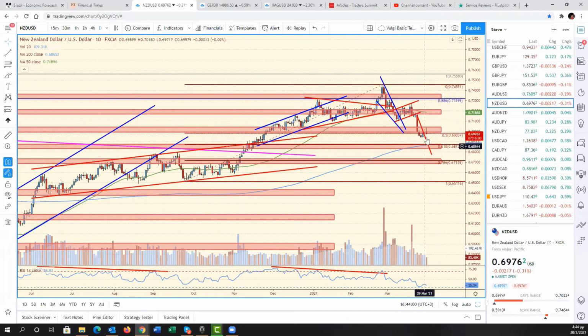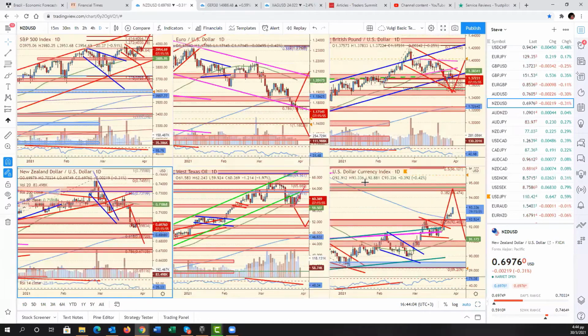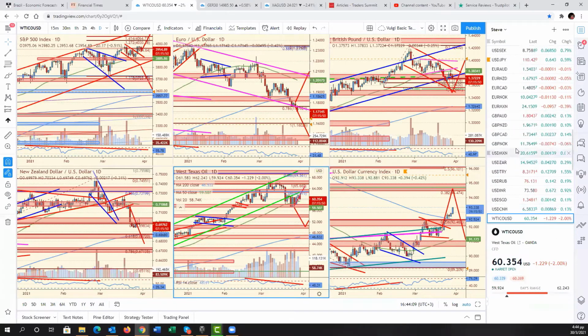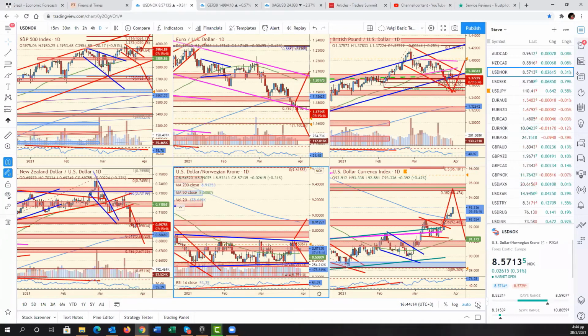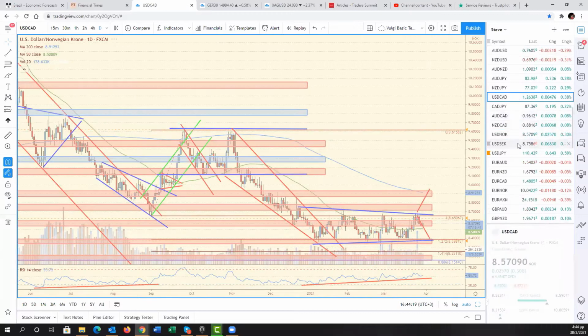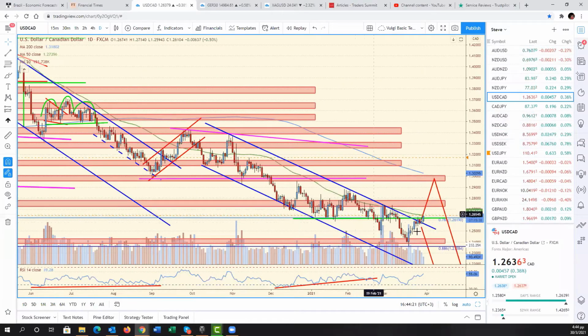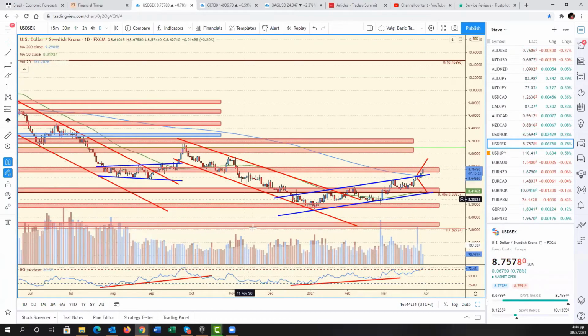Look at today's candlestick in the Kiwi, by the way. Quite a bearish one. I think it just wants to resume lower. Now, Blake already mentioned USD CAD, USD NOK. Nothing has changed for me here either. I mean, USD NOK hasn't broken higher yet, right? USD CAD is attempting to do so as we speak, so perhaps it might be leading by a little bit. USD SEK broke out yesterday. So there is some movement,